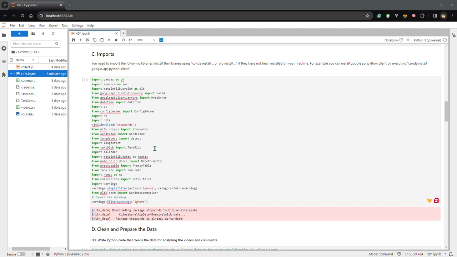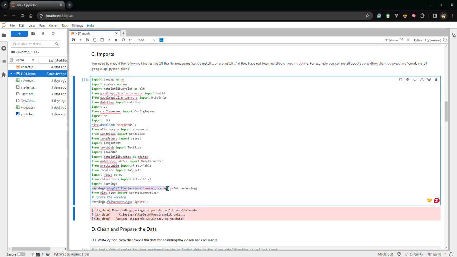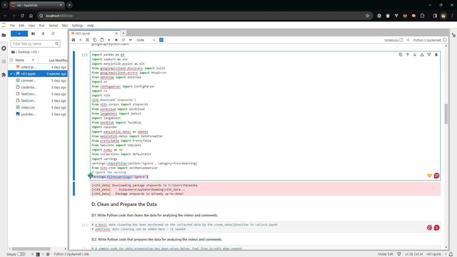After that, in this area, we have import warnings. Here I proceed to suppress any warnings that might arise during the execution of the code for a cleaner output. I did that from here, in the warnings section, ignoring and filtering warnings. And this is what I have done for that.